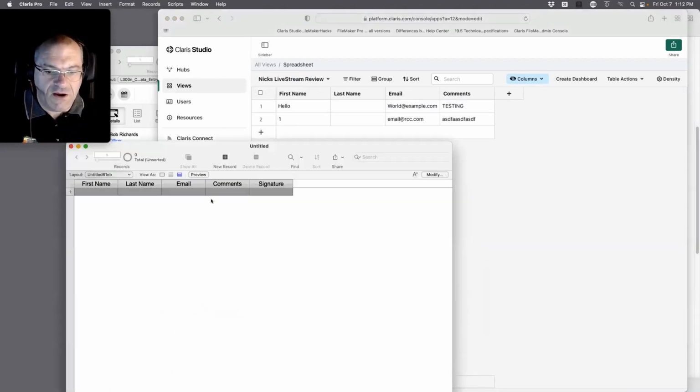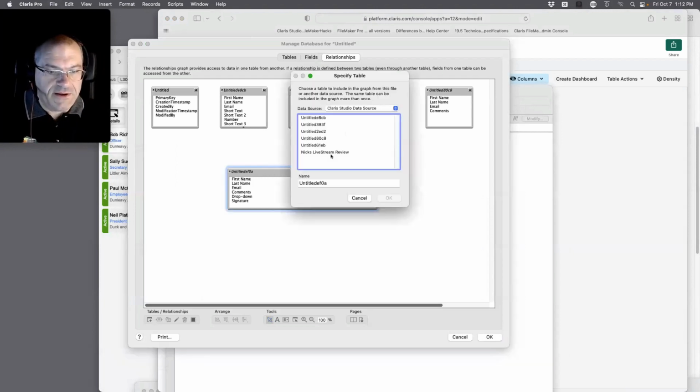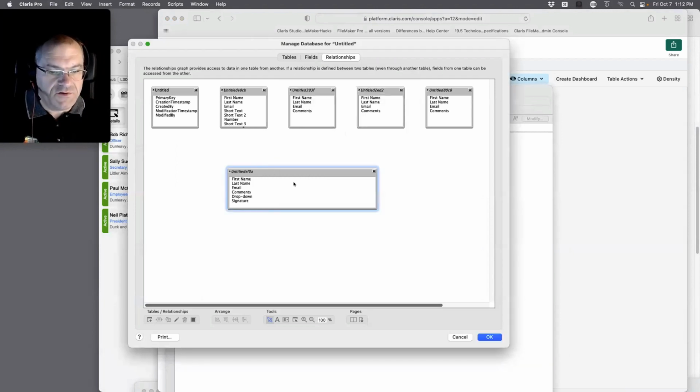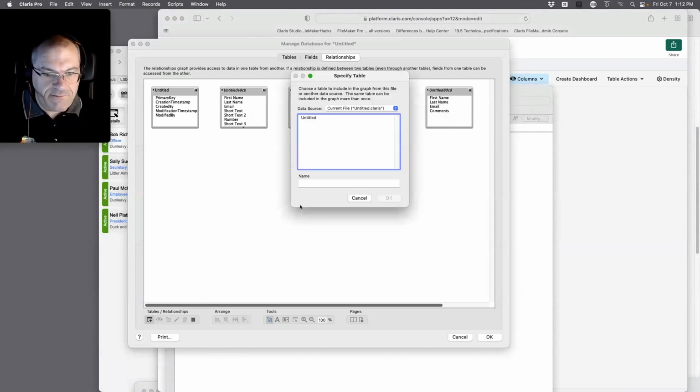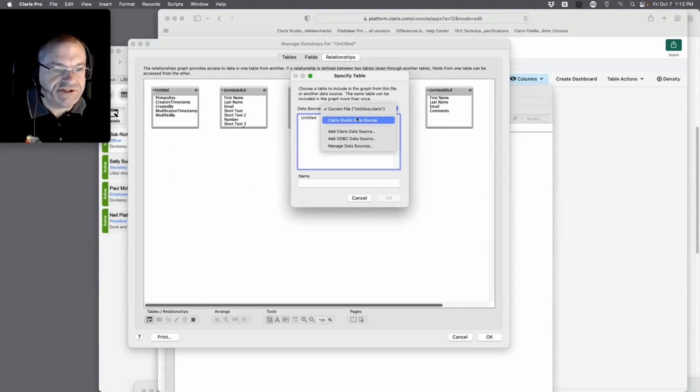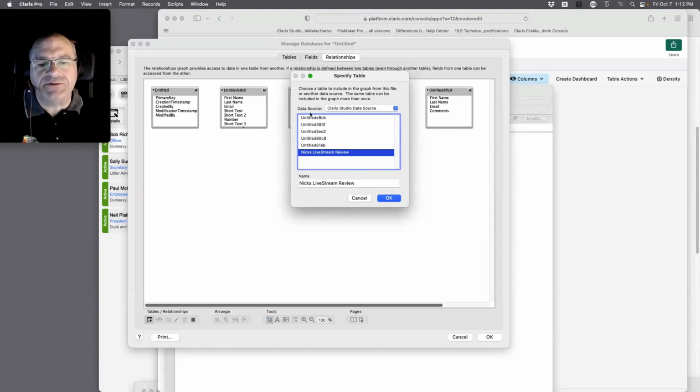I come over here into FileMaker and I go to field definitions. See, it renamed it right there. So what I'm going to do is delete it, remove it, and add it back in. So I go to Claris Studio data source because I'm logged in with my account. I say next, review. See, the problem is these are tables and samples I already built. I deleted them, but it leaves the structure under the hood.